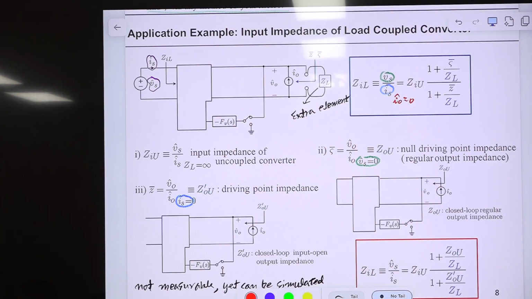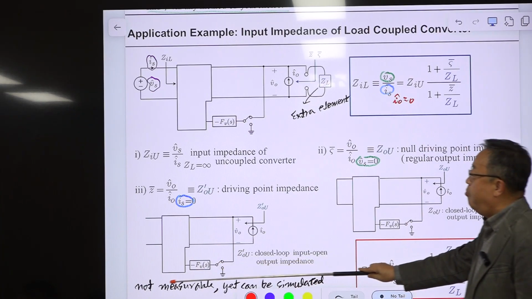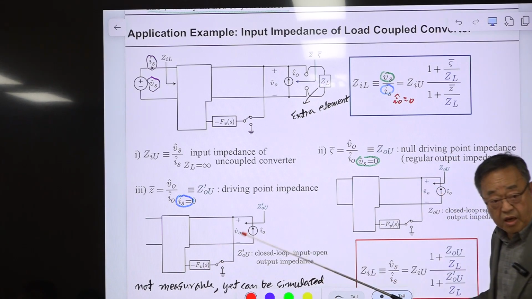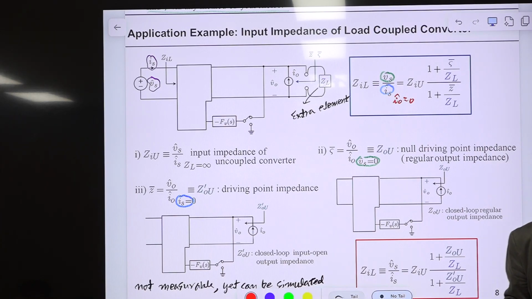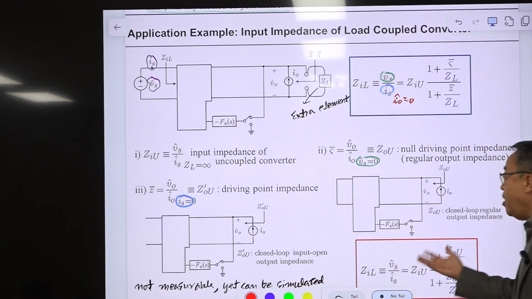Okay, so this is the diagram of the converter. So it's not working, the input is gone. All right, so there is some problem measuring this. I don't know how to avoid the problem. Maybe there is a way of measuring this, but there is a way of simulating this.